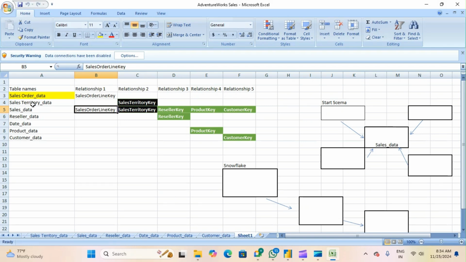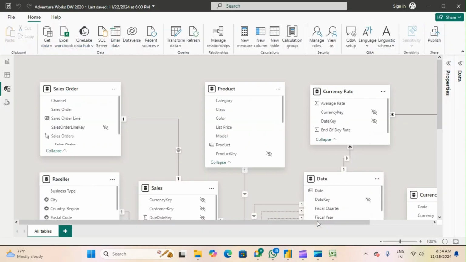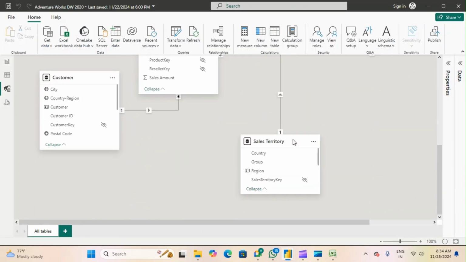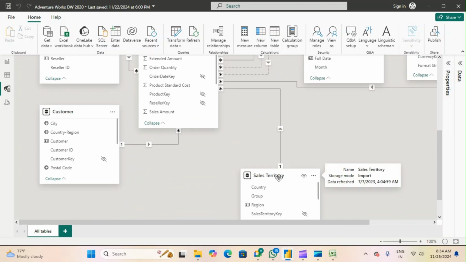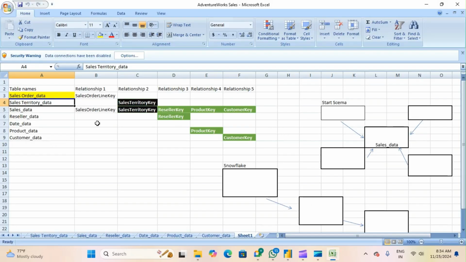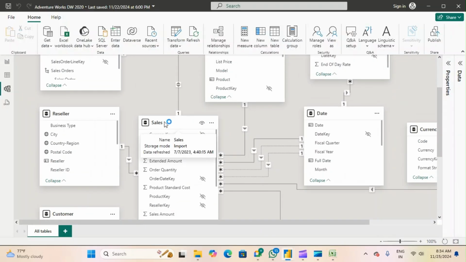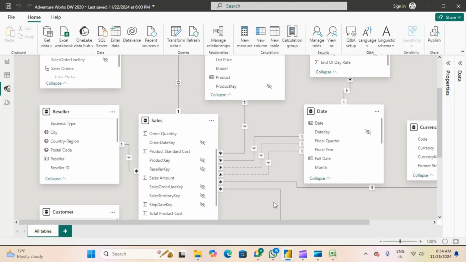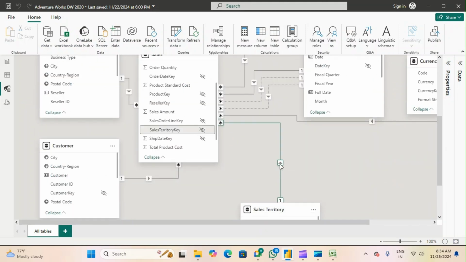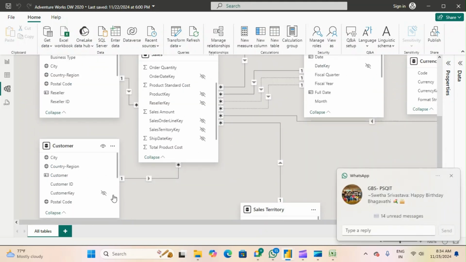Come to the second one, sales territory data. Where is the sales territory data? Yes, sales territory. If you hover over this, you can see sales territory key. Sales territory key is connected to sales data. Correct? See, this is the sales data, and sales territory data is connected through sales territory key. Then